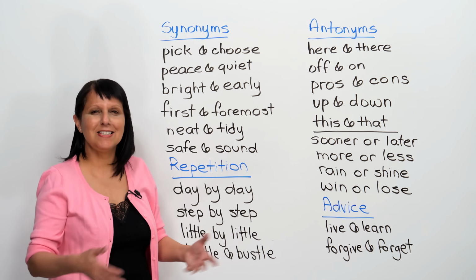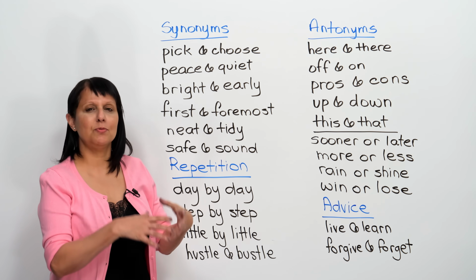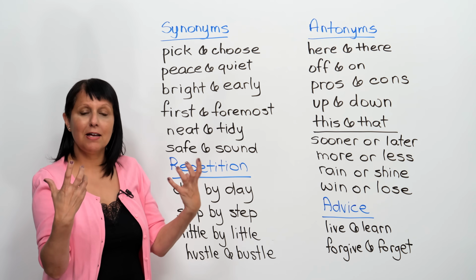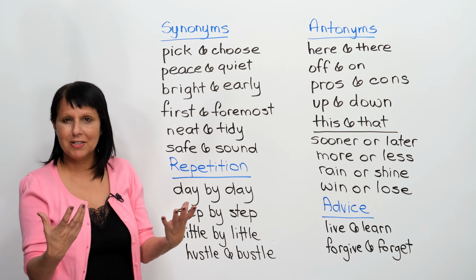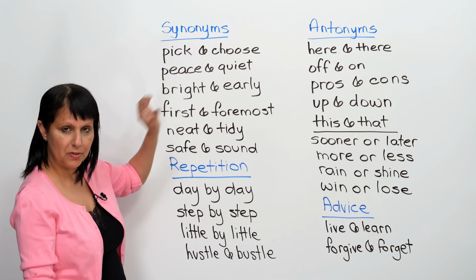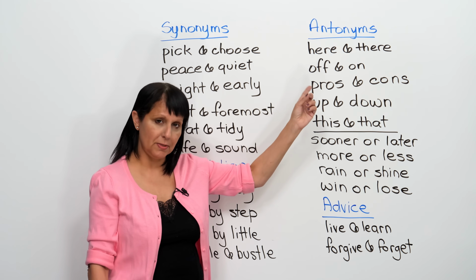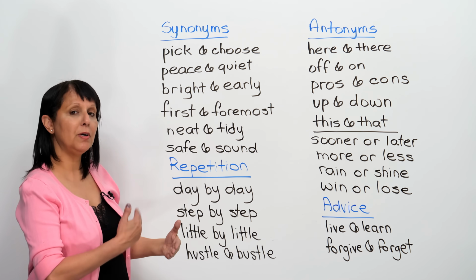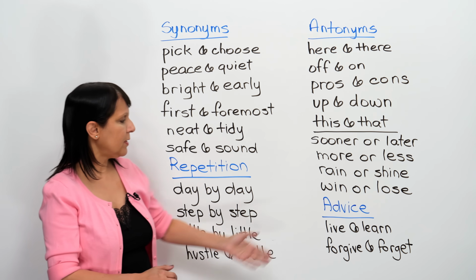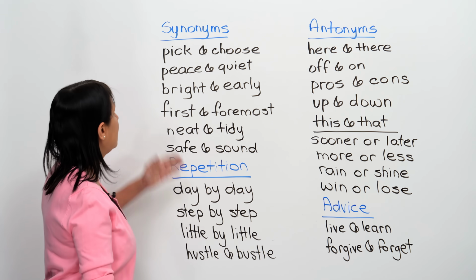Okay? So if they mean the same thing, you're asking me, so why do we need to repeat the word? Well, because this is the beauty and the music of the language, okay, of the English language. And sometimes we use these kind of pretty expressions just to make things more interesting, more lively, more dramatic, more fluent, okay, and more expressive. So they could be synonyms where the two words mean the same thing. They could be antonyms where the two words are opposites. They could be where one word is repeated after another word for emphasis. Or it could be some kind of advice. Okay, so let's look at some of these examples.